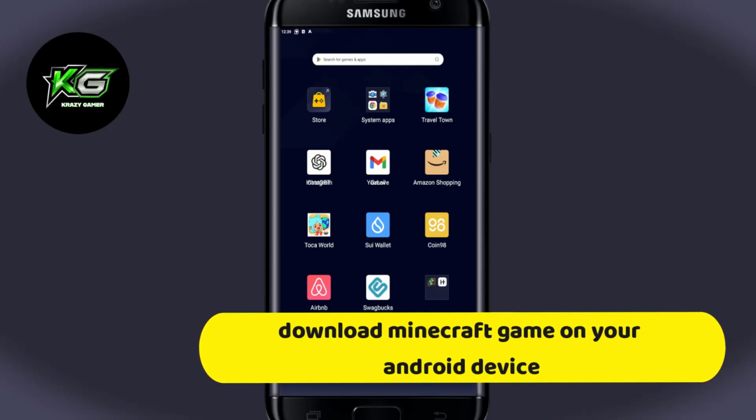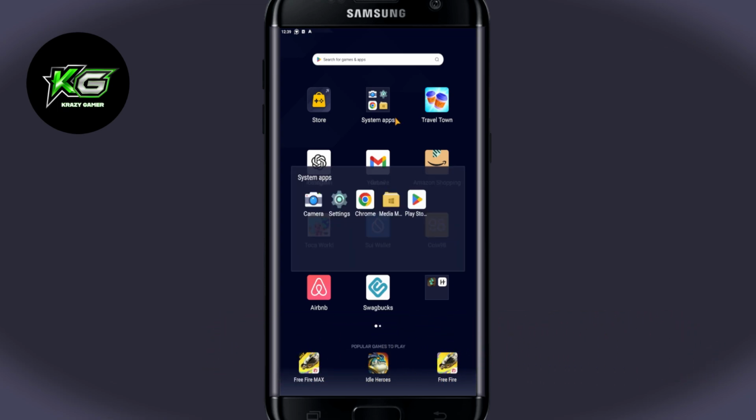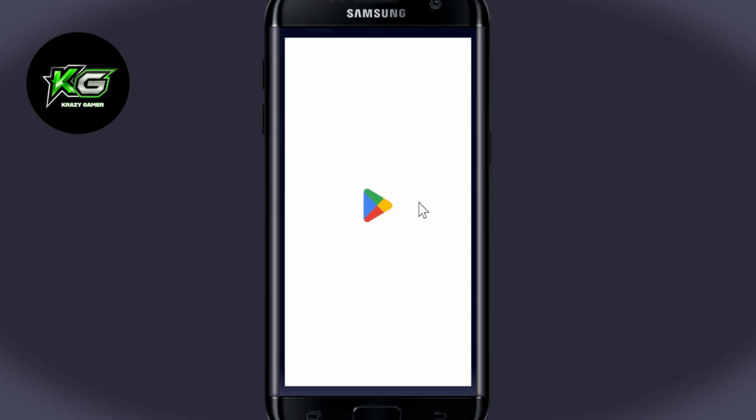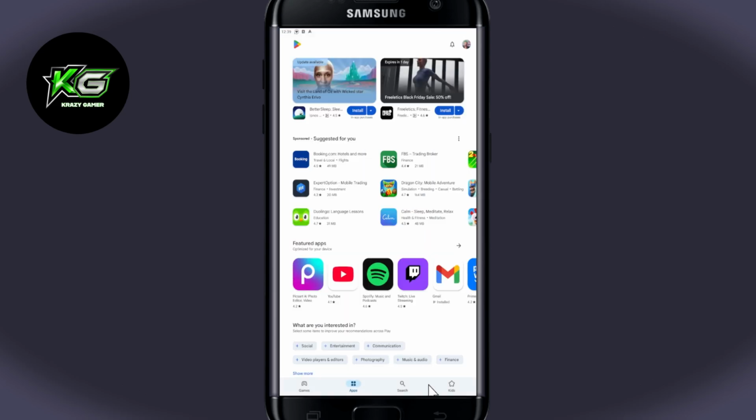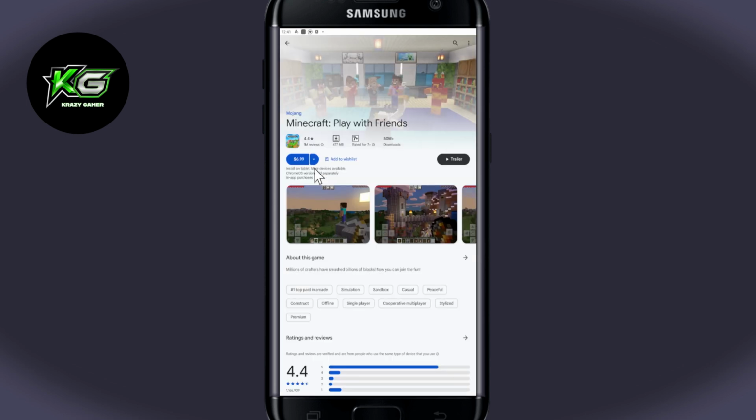In this video, I'm going to show you how to download and install the Minecraft game on your Android device. So let's get started right away. First of all, open up the Google Play Store on your device. And once you open it up, just tap on the search box and then type in Minecraft and start your search. Once you find the Minecraft game, go ahead and tap on it and you will now see the buy